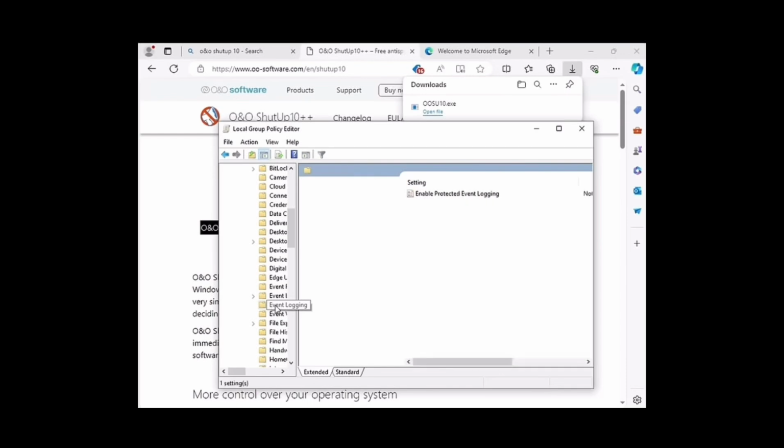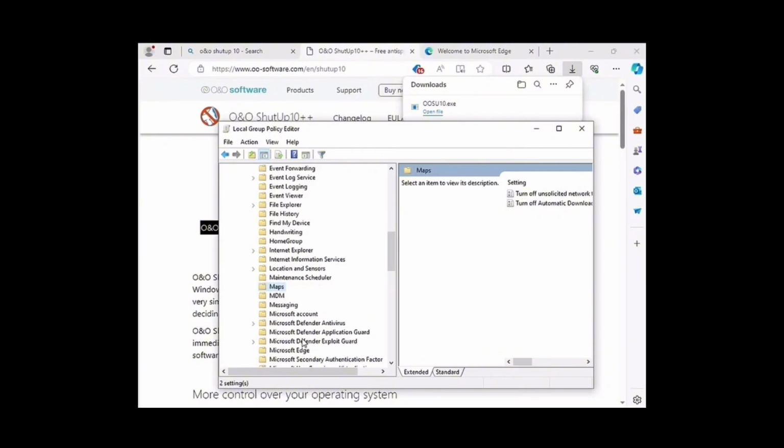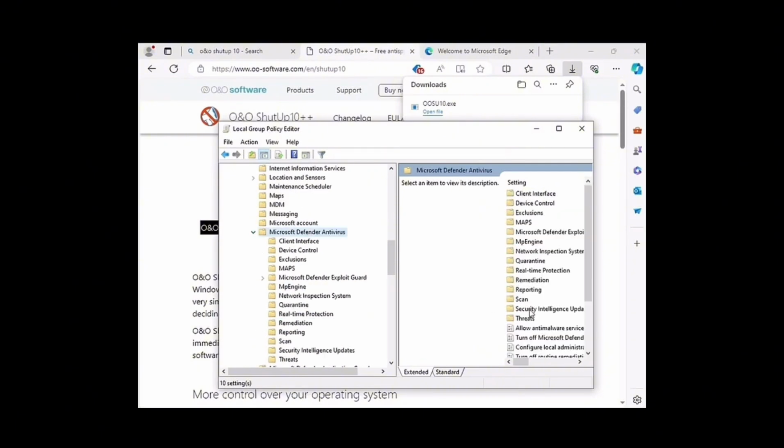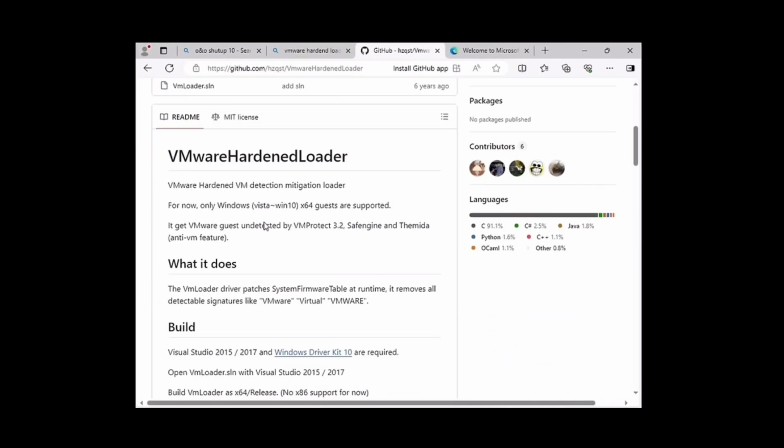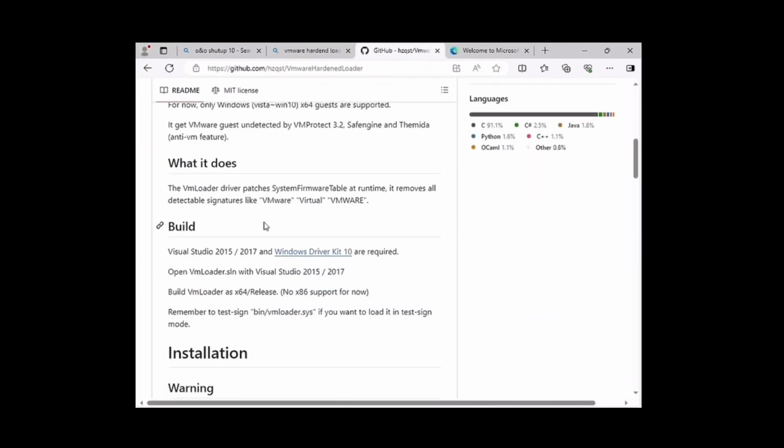For a deeper analysis, we're also going to turn off Microsoft Defender. Antivirus is great for protection, but it can also interfere with malware execution, which prevents us from observing its true behavior. To further evade detection, we're going to use VMware Hardened Loader, a kernel driver that hides our VM's virtual